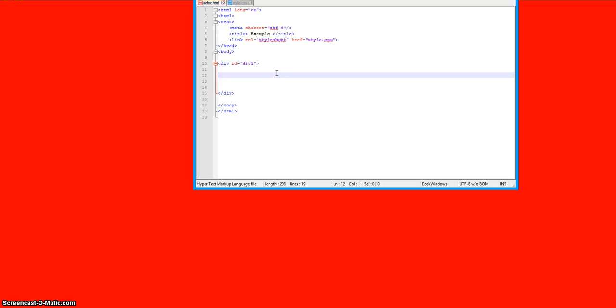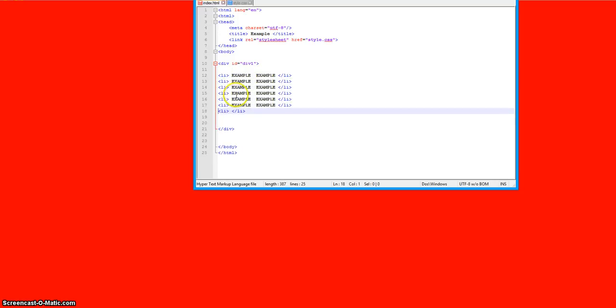So what we're going to put inside of here is just another quick list, actually. So we can just create a few things on here. Actually, get it done a little faster. Let's type in example. There we go. And so inside this divider, we have all these listed items, and we'll save this, Control S, go to our style sheet,